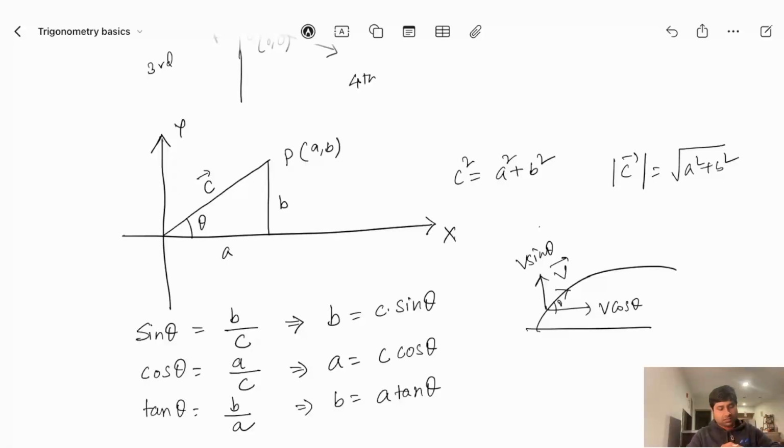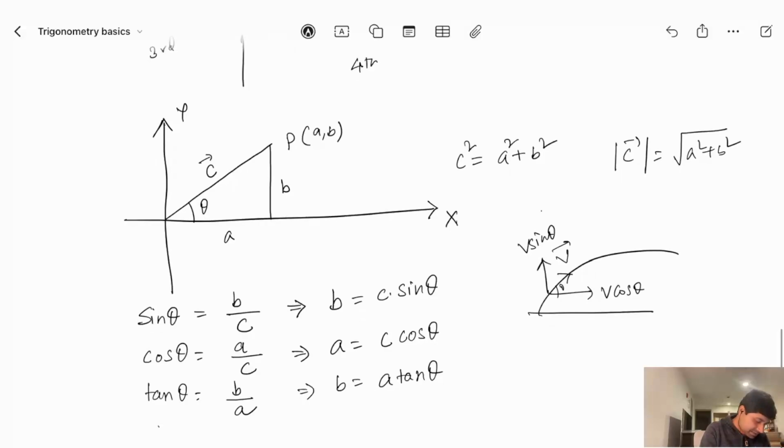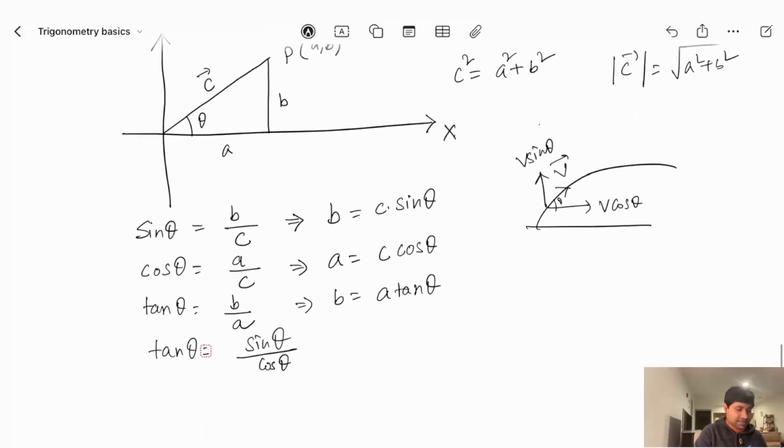So we have a separate video on vectors and everything in physics. Please check out those videos. But here I can clearly see that sin theta, cos theta and tan theta are nothing but ratios between the sides of the right triangle. Sometimes we can represent tan theta as sin theta by cos theta, because it gives you the same result, since sine is nothing but b by c